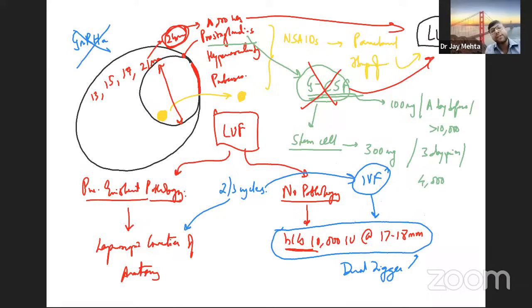The reason why it cures the LUF is because by the time you call the patient back to you, it has already undergone luteolysis. Okay, so you are going to find that, oh my God, what a beautiful outcome. There is no LUF at all. There is no LUF because that has undergone luteolysis, and the patient will any which way not become pregnant. So kindly don't extrapolate to those types of therapies in these very basic situations.